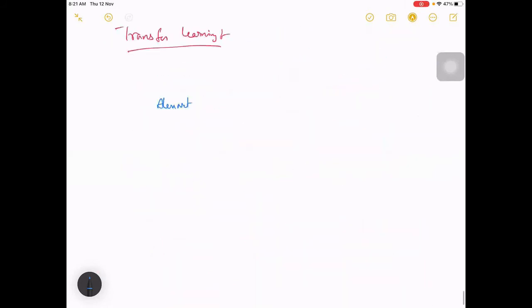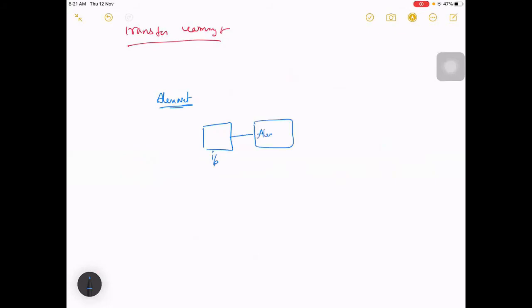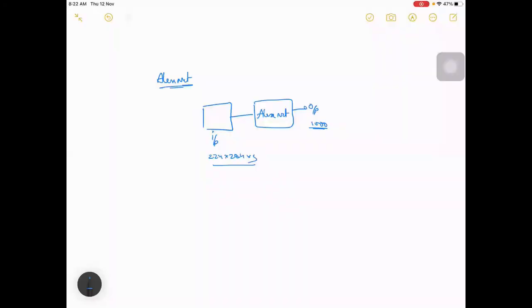So AlexNet takes this input, and the output is of size 1,000, and the input is 224 by 224 by 3.